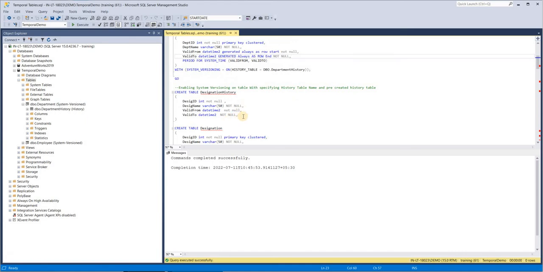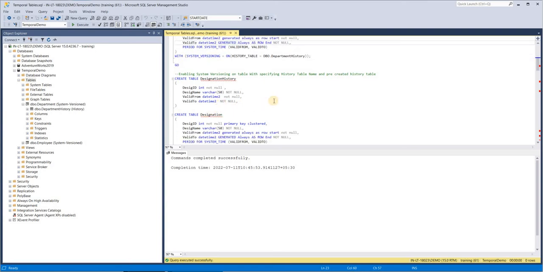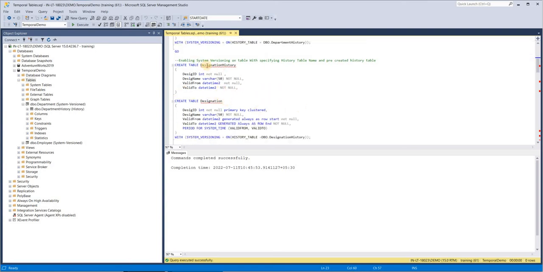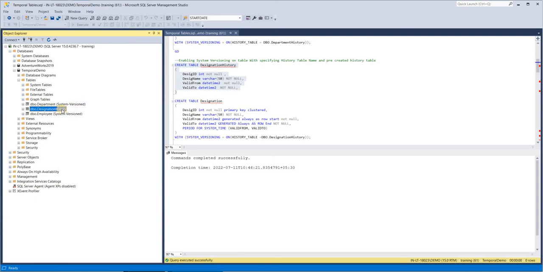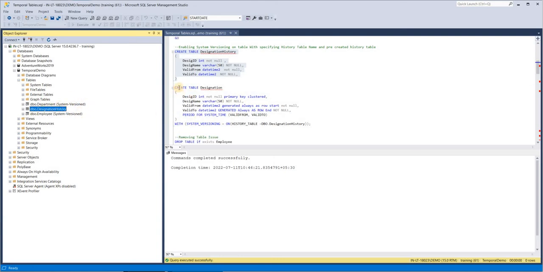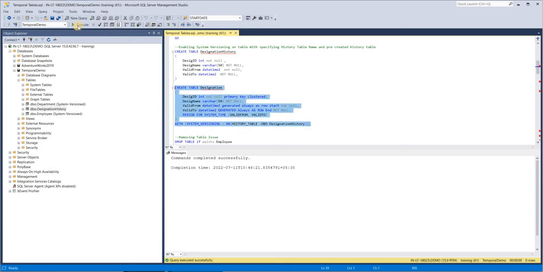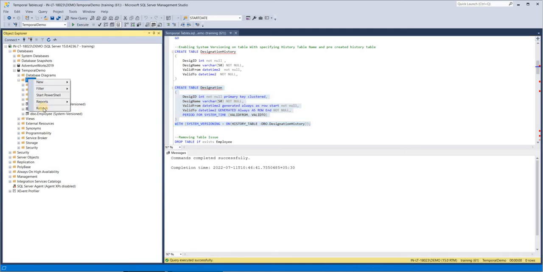Similarly, you can create your own table first, and then attach that table as a history table. So here, I'm creating the designation history first of all. When I say create table designation history, you can see currently designation history is here and system version is not there. And now I'm writing create table designation with system versioning equal to on, and my history table should be dbo.designation history, which is already present. Now if we refresh this, you can see that designation history has been moved